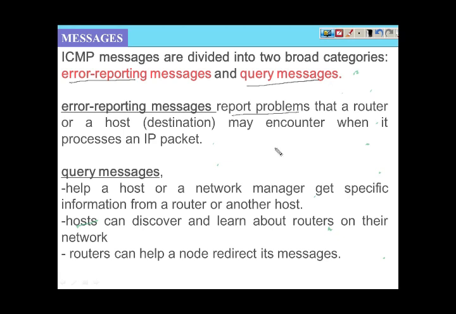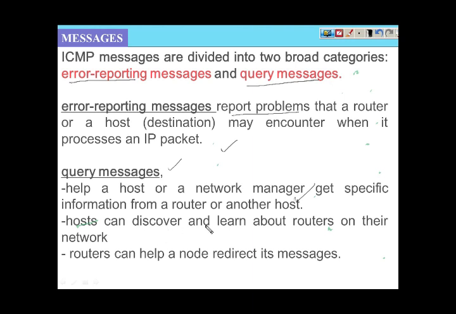Now this is to be informed to the sender. This is one of the purposes of the ICMP. The other purpose is query messaging. Query messaging means it is going to help the network manager or any host machine to get any specific information about the router. It can also help